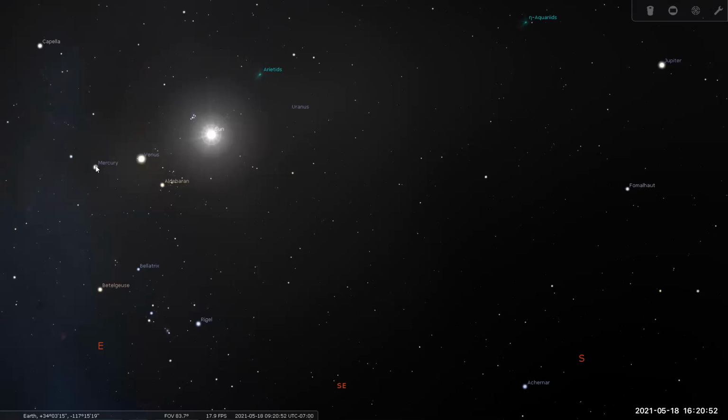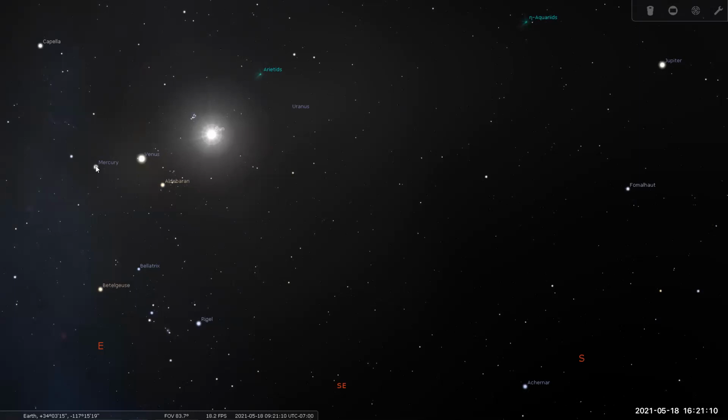Sets before the sun rises. So in this case, it's an evening star. No, it's a morning star. What am I talking about? If you see it in the morning before the sun, it's a morning star. If you see it in the evening after the sun, and it's the brightest object after the sun and the